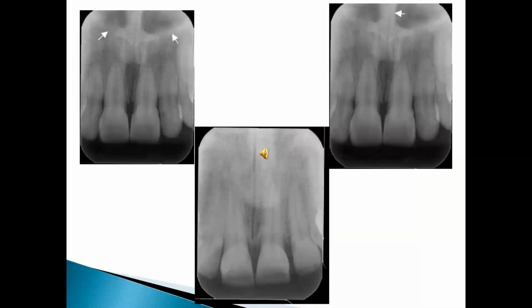Also take time of 20 seconds to guess what these three landmarks are. One is the bilateral landmark pointed by whitish arrows. The second landmark we are expecting you to notice is a radiopaque landmark which is in the middle of the two radiolucent areas. And the third landmark we are expecting you to find is a radiopaque area overlapping the root apices of the central incisors.